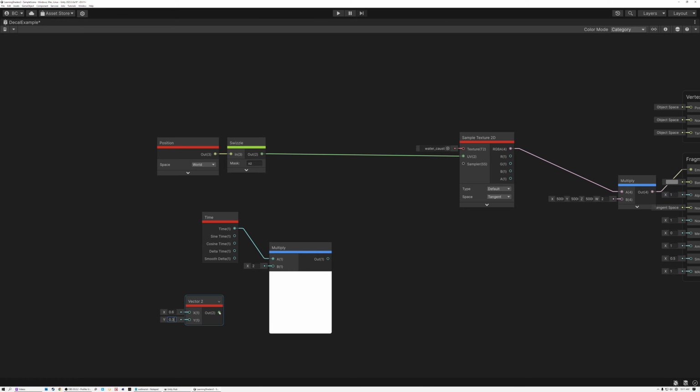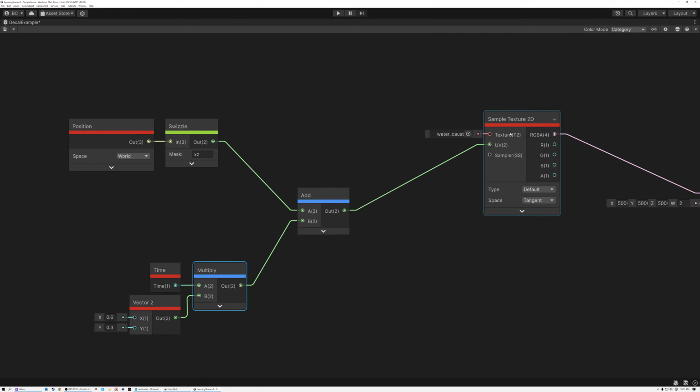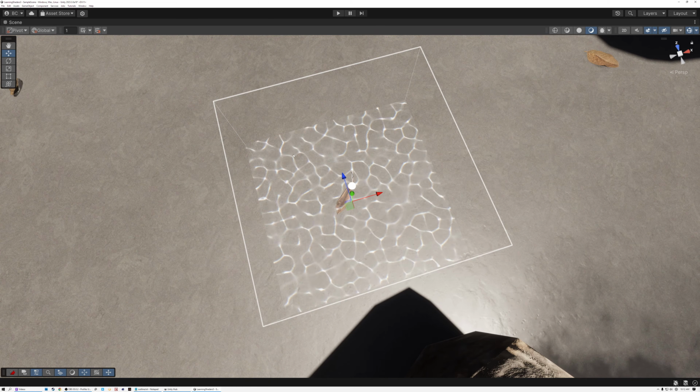These will be the speeds that I'm scrolling my decal texture. So all I need to do is add time to my texture values here, and then wire them into the UV coordinates on my texture sample. And there we go. We got scrolling